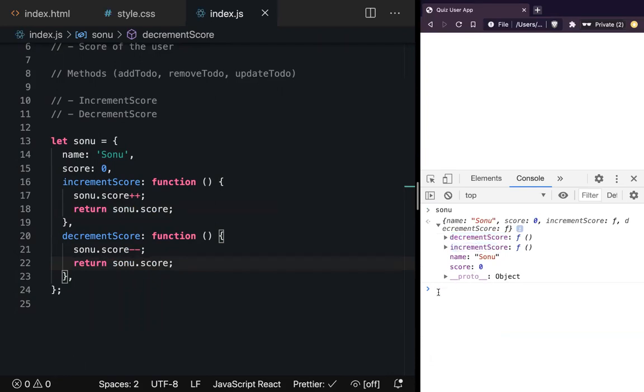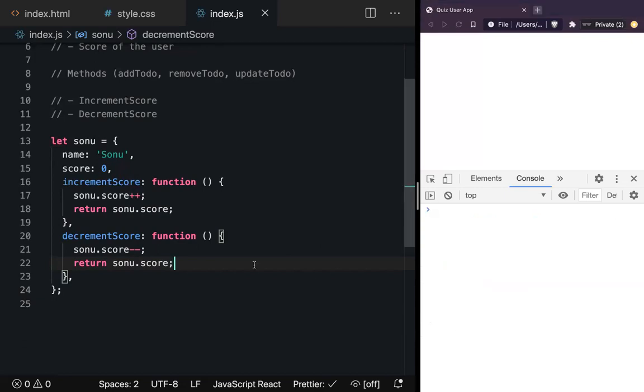I want to use some method. So I'll say Sonu.incrementScore. Call it. It is returning undefined. Okay, let's do it again.